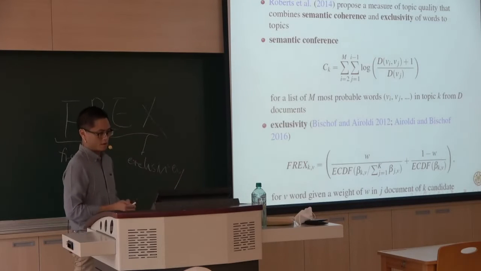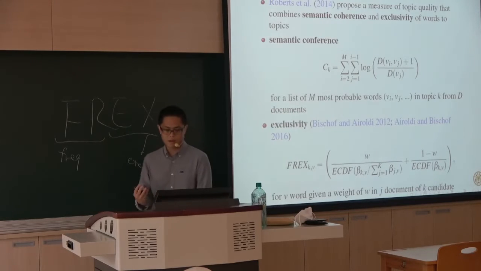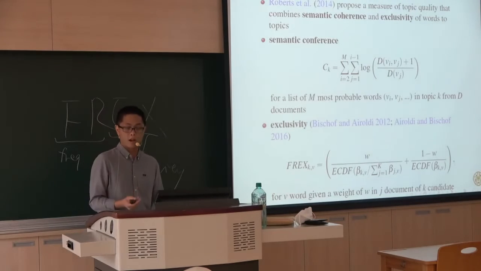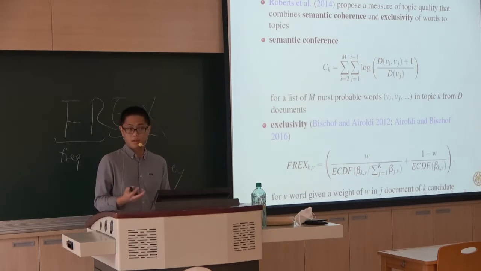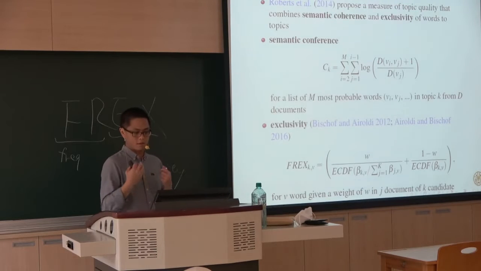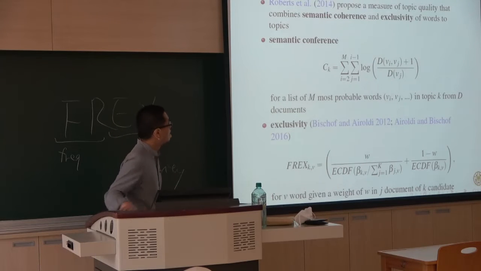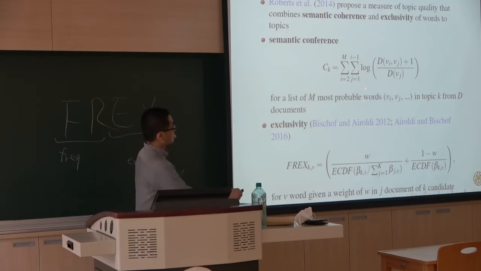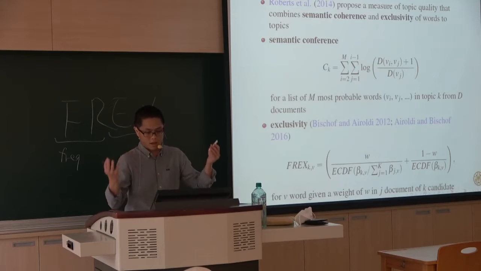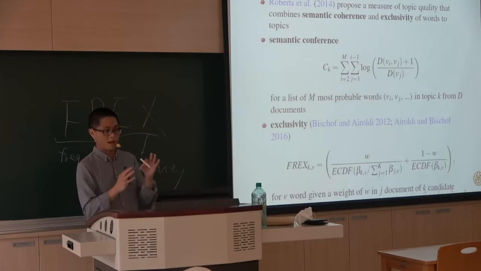So how is this measured? The term D is simply an indicator, the number of times that any words v_i and v_j appear together in the document. So you have to calculate the probability that any pair of words co-appear in the document. And then for a list of the n most probable words in topic K, in any topic K, the semantic coherence for a topic